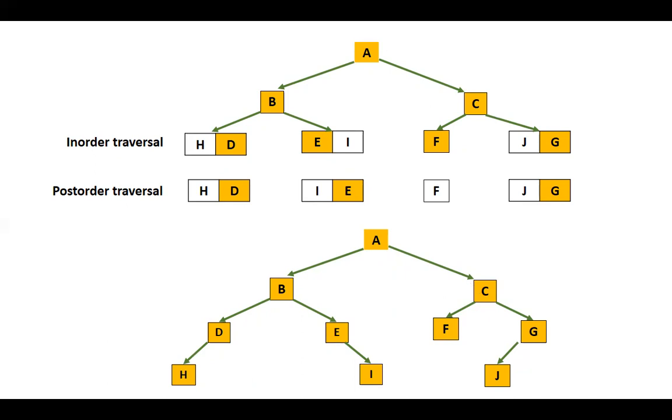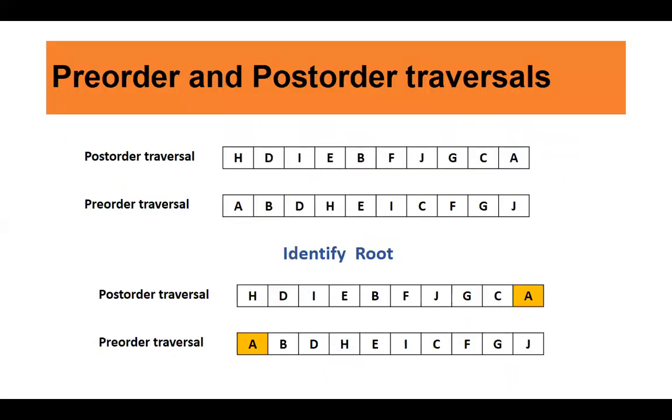Previously, we constructed this tree using in-order and pre-order. Now again, using in-order and post-order, we get the same tree. Right? The example is the same. Now let us look at the last way, that is creating a tree using pre-order and post-order traversals. One thing before we start, I should make it clear: when you're using in-order with pre-order, and in-order with post-order, the trees you get are exactly the same.